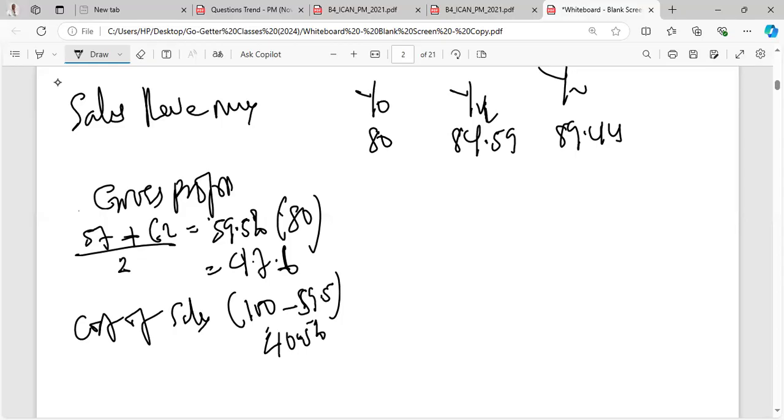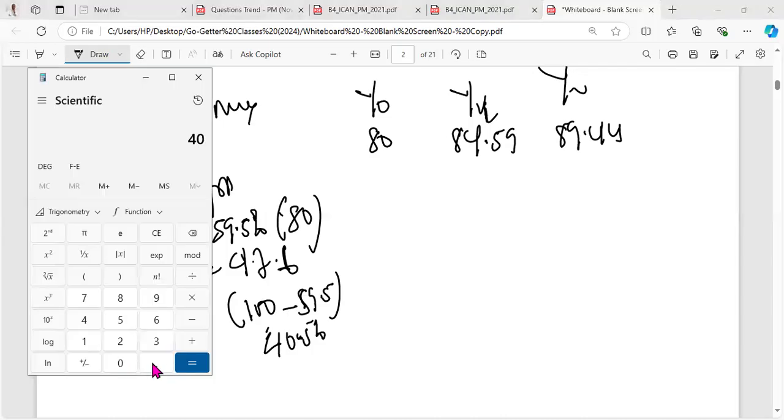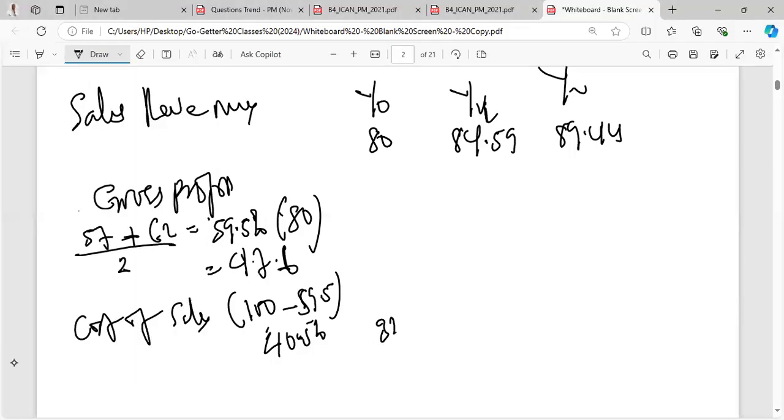So if you look at 40.5% of 80, let's divide it by 100, then multiply by 80, it gives us 32.4. So if we do the same thing here,